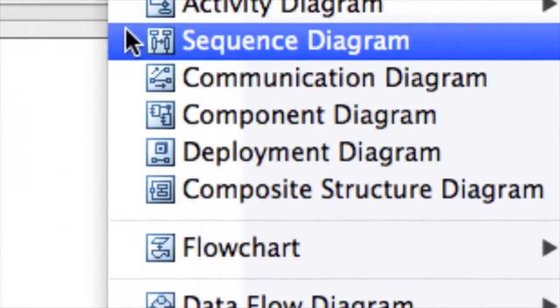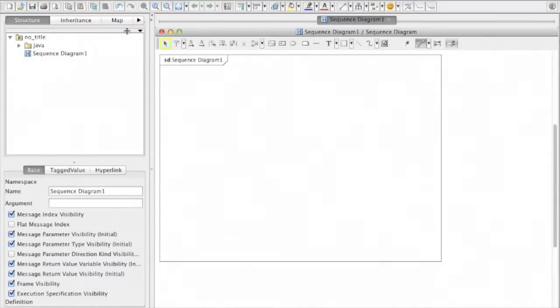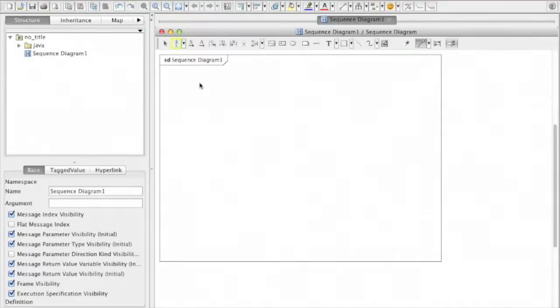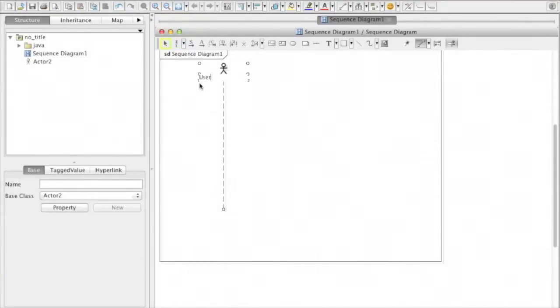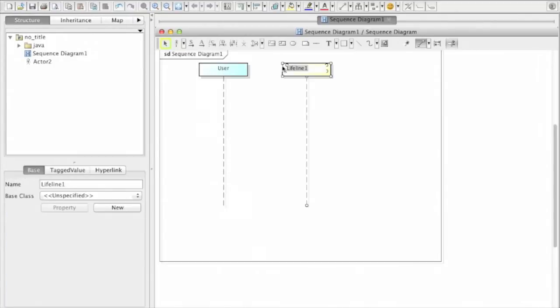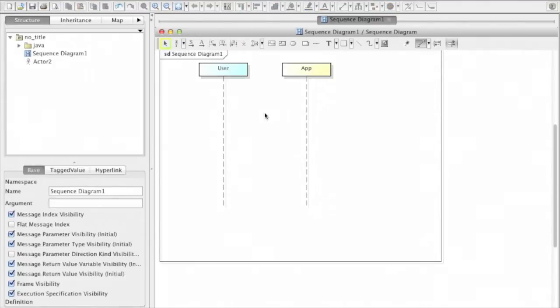Classes have operations, so messages can be expressed as operations of the classes. Let's see the demo. Select Sequence Diagram from the Diagram menu. This time I'm creating a rough idea of the sequence. From the icon, you can choose one icon, then create a lifeline called user. Another option to make a lifeline is to double-click on the pad and create another lifeline, called app this time,